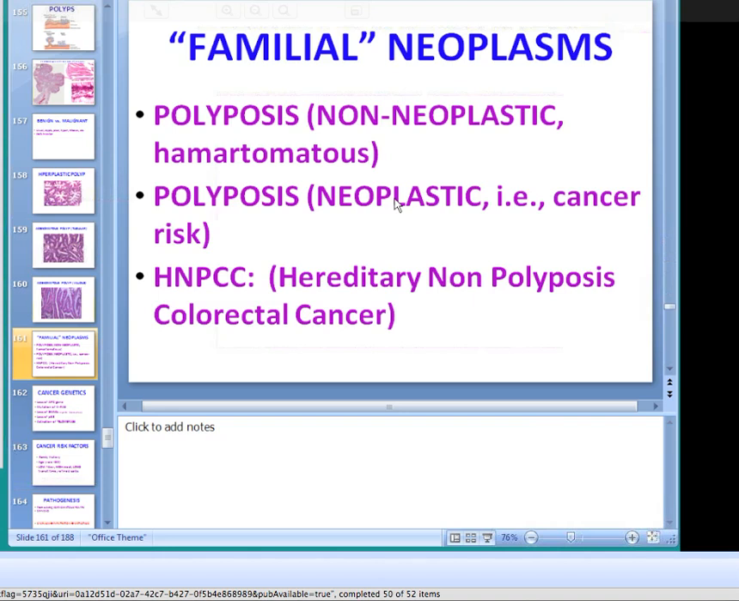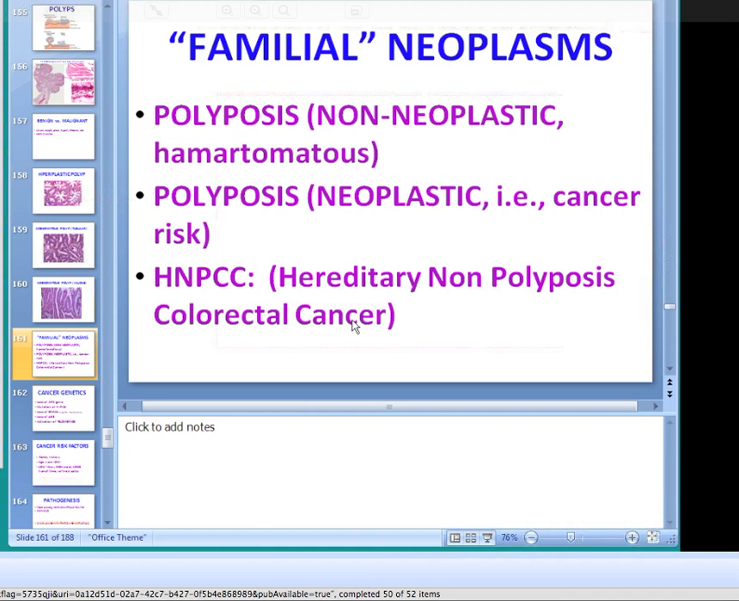Most of the familial neoplasms produce polyps, which are not associated with cancer, but some of them do. So the classical familial polyposis is what they call hamartomatous. They're overgrowths. They're not really neoplasms. They're not monoclonal, but some of them can develop into cancer. The most important genetic disease, however, is what they call